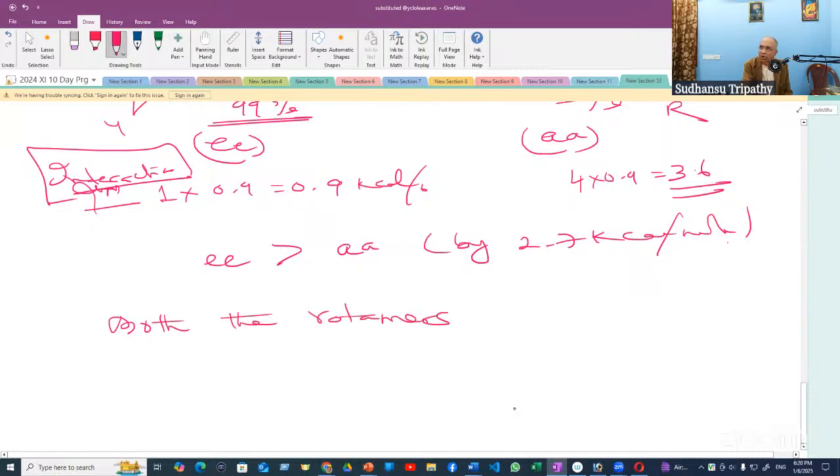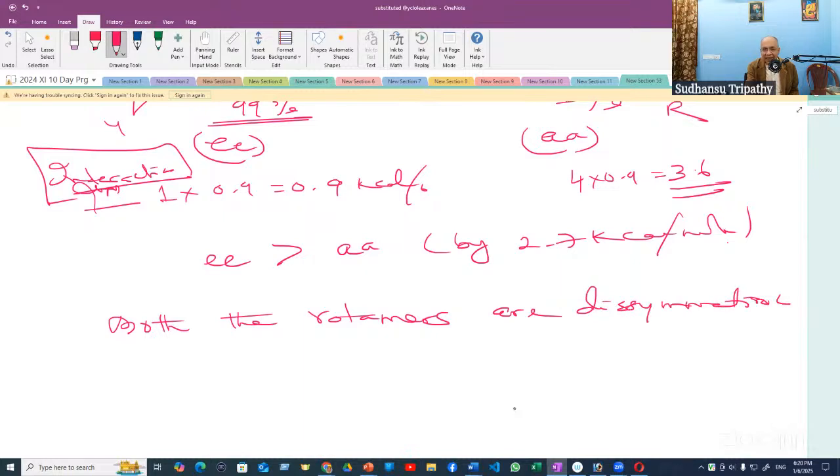Had I got some more time, I would have opened the model. But you guys are so good. Maybe sometime when we will study the mechanism of cyclohexane, I might. But both rotamers are dissymmetric